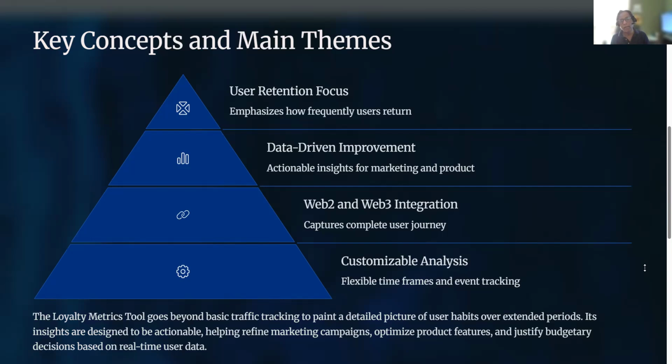Another critical aspect you need to consider is the Web2 and Web3 integration, because there are analytical tools in Web2, like Google Analytics, and multiple other tools. Using them, you can track how many users are coming to your website or mobile application, how many of them are staying for a longer time, and from which geography they are coming.